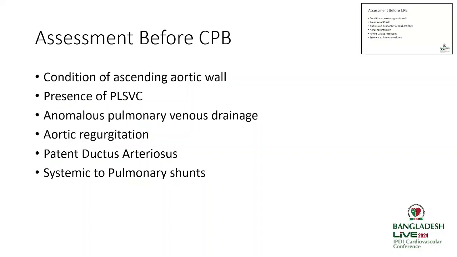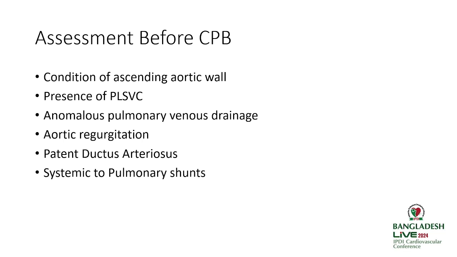CPB, we need to check a few things, like if the aorta is heavily calcified, whether you can do cannulation or a cross clamp at all. Then if there is a presence of PLSVC, because we need to have a very quiet, bloodless field. In the event we have a PLSVC, we will not have that. We have to put another sucker in the coronary sinus, or we have to cannulate the PLSVC or something of